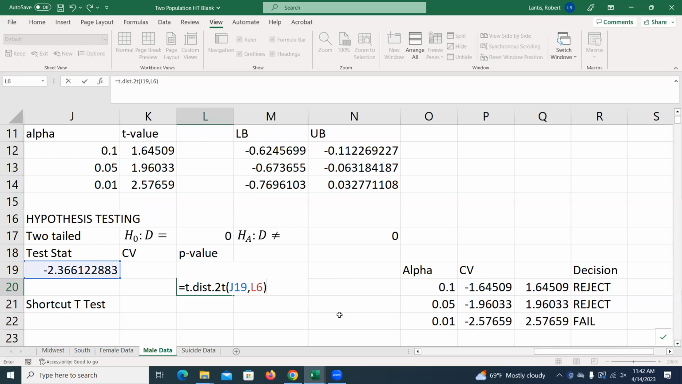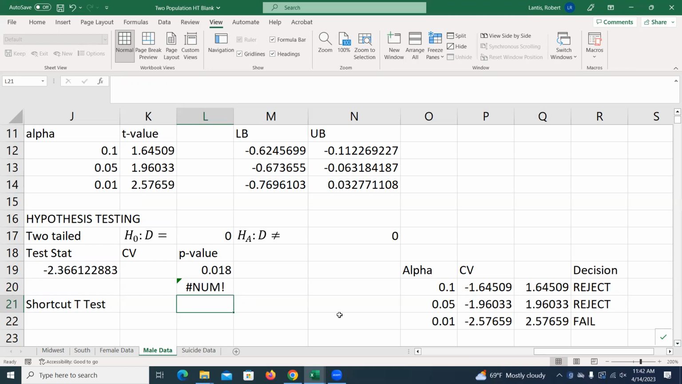The reason why I don't typically use this, and don't suggest using this method, is that for whatever reason, the way they have this program, it only accepts positive test statistics. So if I hit enter, it gives me this error. Well, that's okay, because if I think about